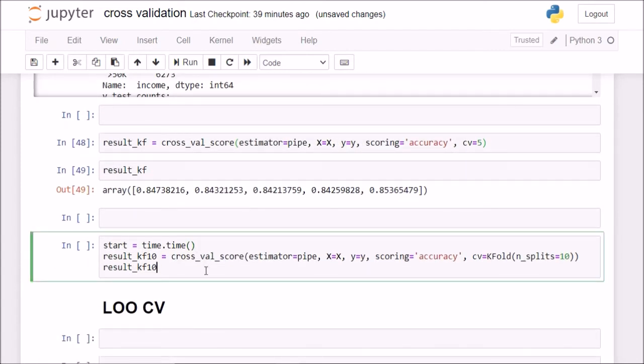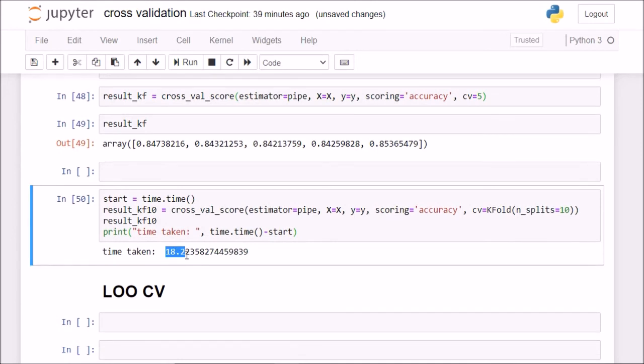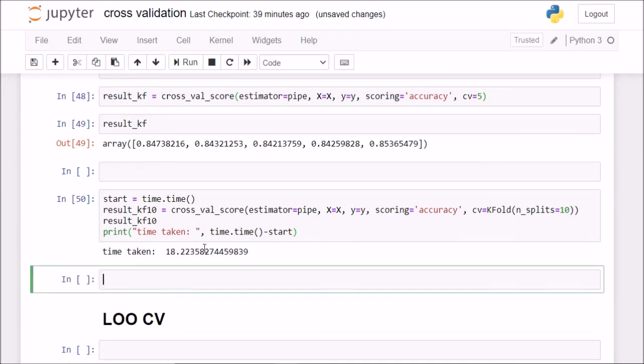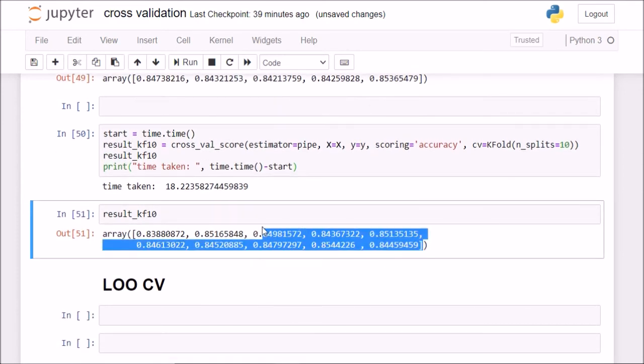Starting time I've noted, and then I'll simply print here time taken, and here I'll subtract: current time.time minus start. Now it took around 18 seconds to run this code, and if I check my result_kf10, now it is giving me 10 accuracies back, and I can check out the mean or standard deviation, whatever I want.